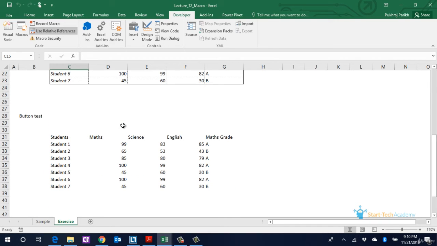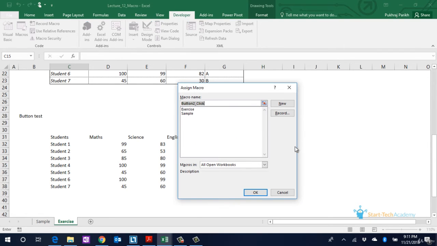Now, there is another method to run this macro. If you want to give this sheet to someone else, that someone else will not know the shortcut to run the macro. You can provide that other person with a better way to run this macro, which is to insert a button to run any macro. To insert a button, you go to Developer tab, Insert option, and select a button. You draw the button here, assign the exercise macro to it.